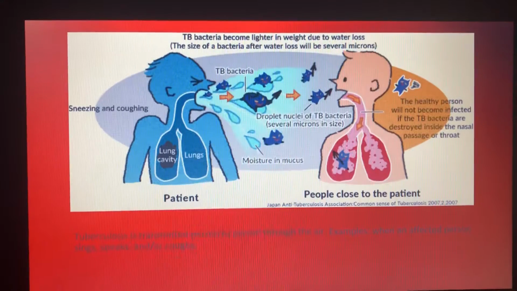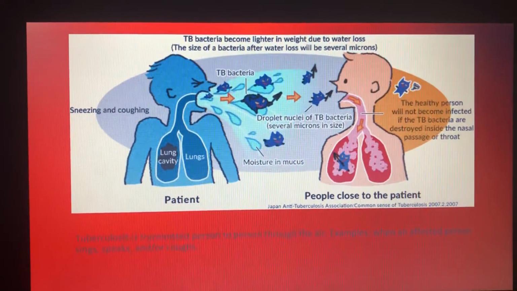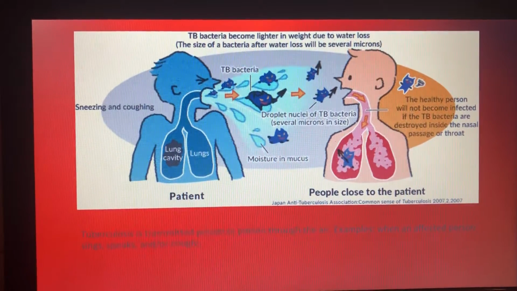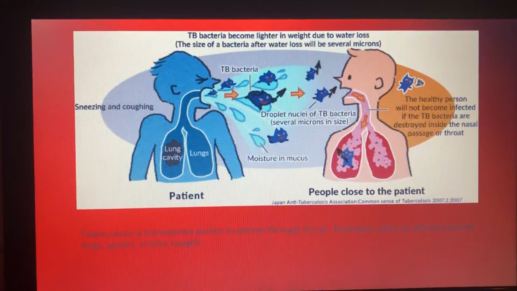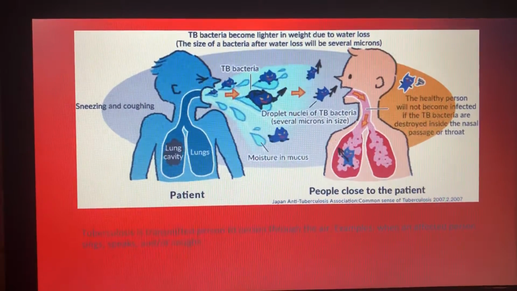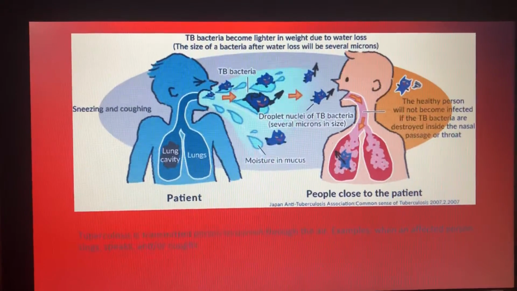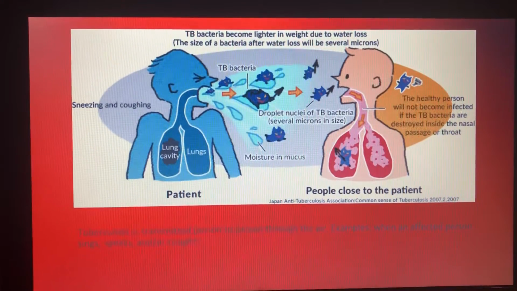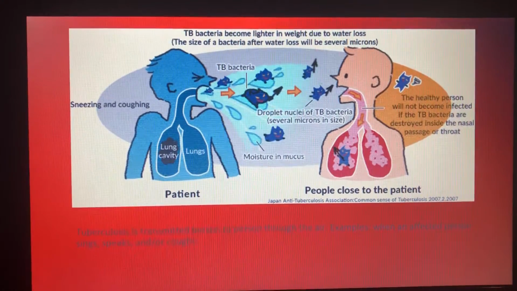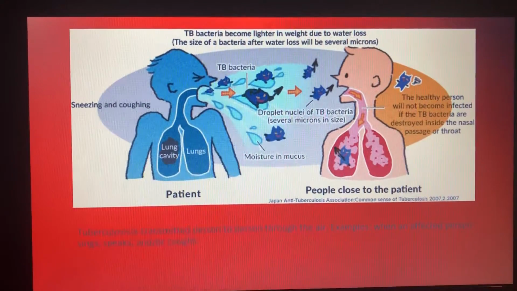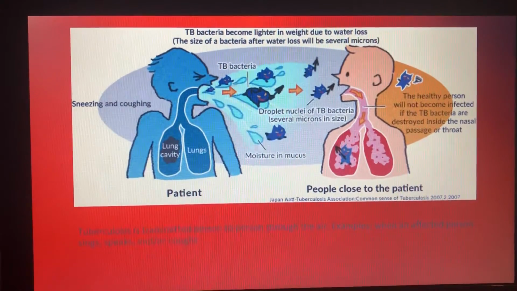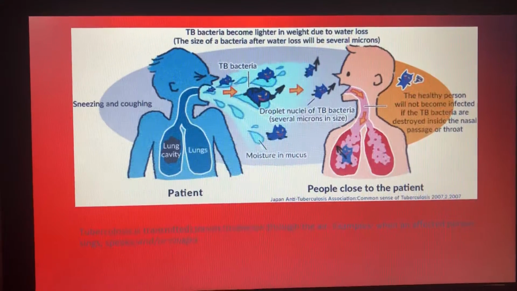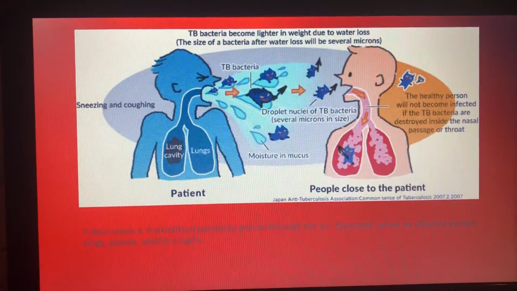Tuberculosis is transmitted from person to person through the air. For example, when an affected person sings, speaks, coughs, or simply talks to a person, the TB bacteria becomes lighter in weight due to the water loss. This bacteria is several microns in size, and it's the moisture in the mucus. So simply talking to someone, sneezing and coughing, and being around a person who has TB, it can be passed